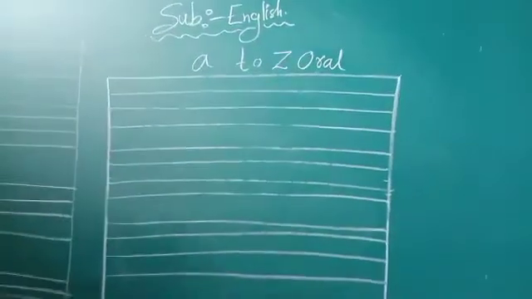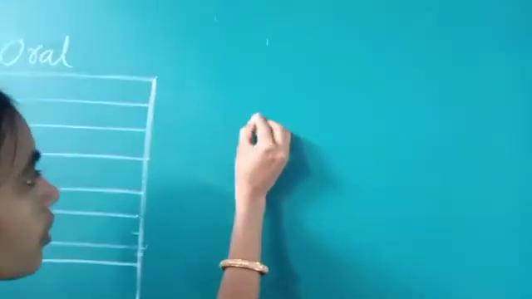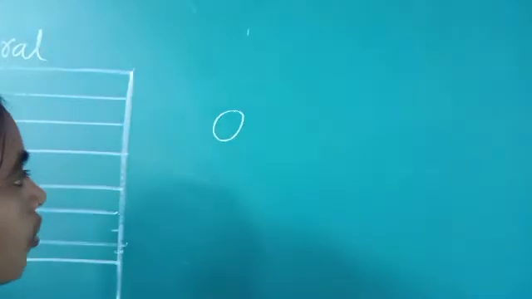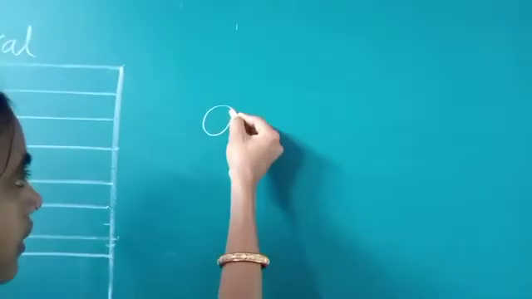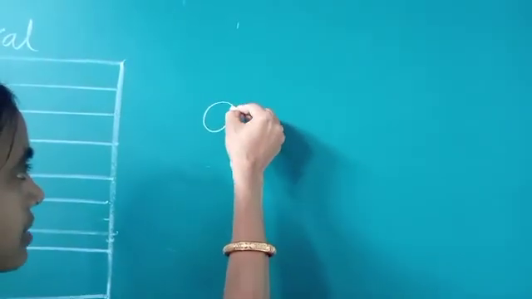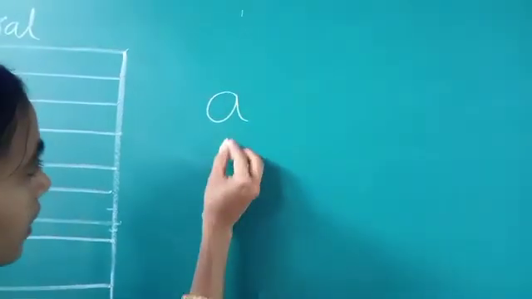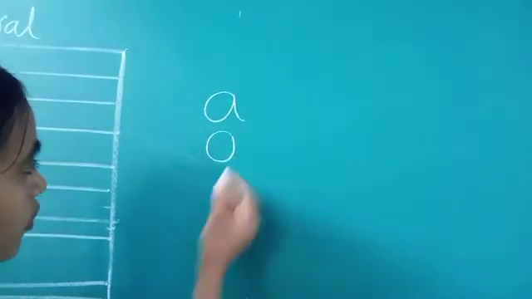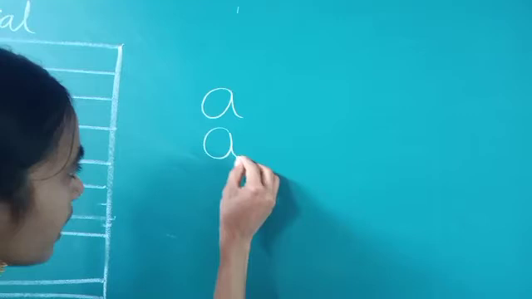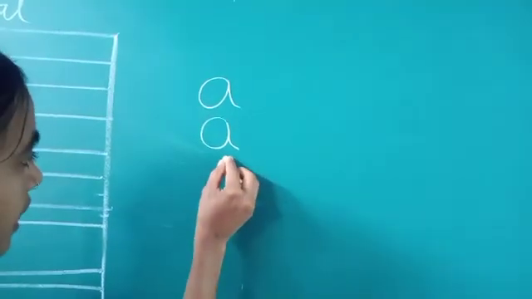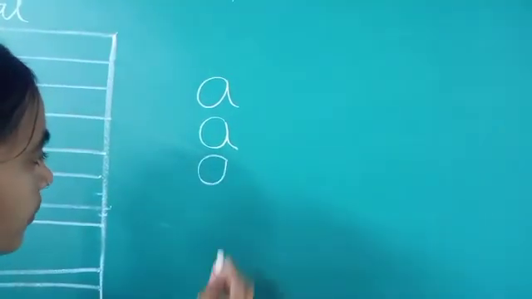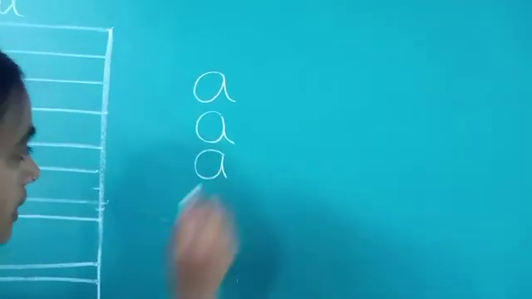See children, here see how to write small a. Here see, look at the board. You write like 0. 0 like you write here. You have to keep your pencil like this down. You have to come like this. Small round like this, round like you have to write like this. Okay? See one side I show for you. Here to come down like this. Okay?